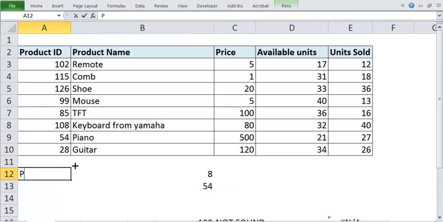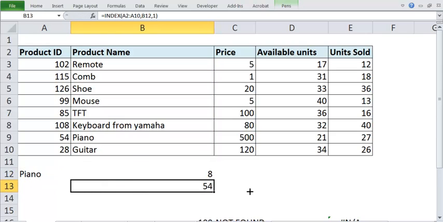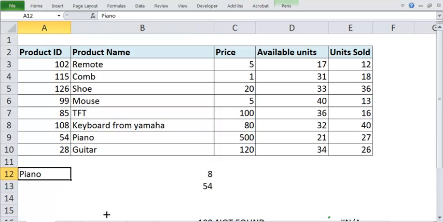So what I can do is put piano over here and instead of searching like this, I can search piano. So I know that this is a product ID. Now instead of piano, if I put TFT, the product ID changes to 85. See, it is exactly giving me the product ID. If I change this to shoe, it is giving me the product ID of the shoe.